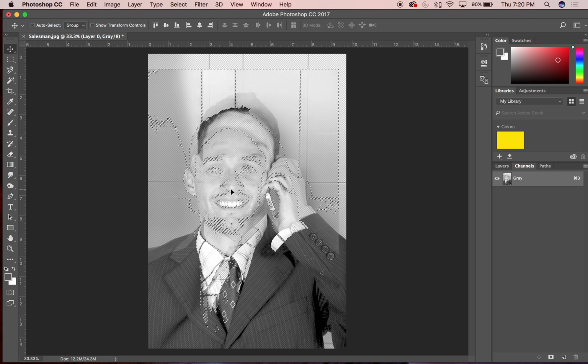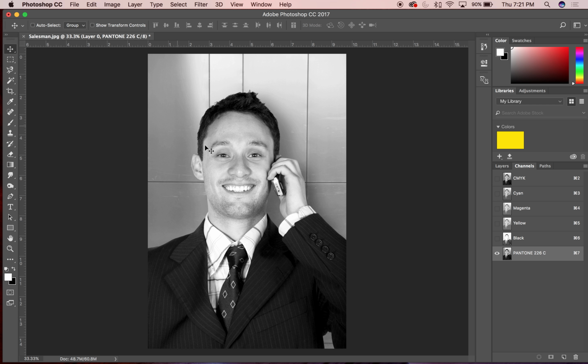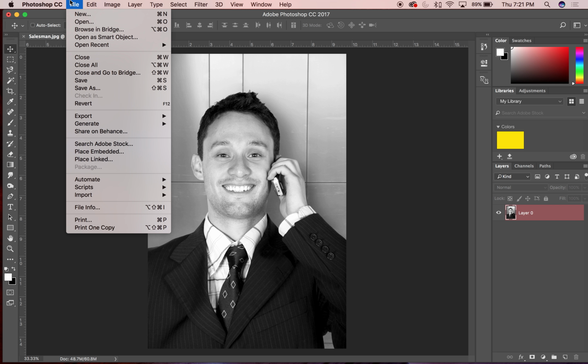Now I'll have to go back to image mode CMYK. And then at this point I'll do what I did before, which is do a new spot channel. And then there's my pink selected. I'll hit OK. Now I'm going to turn these off, and it's going to show up as black, but see it's named Pantone 226 here. It's showing up as black in my image, but it is actually this Pantone color of that pink, right? So if I go to File, Save